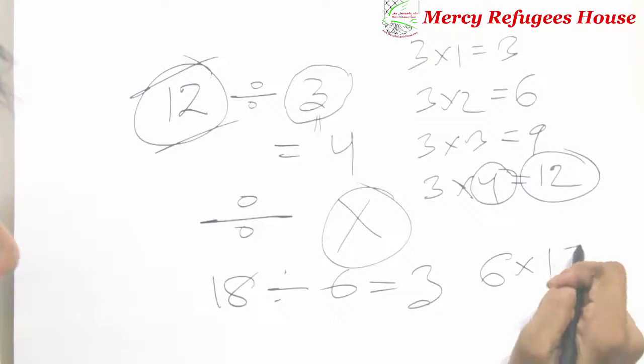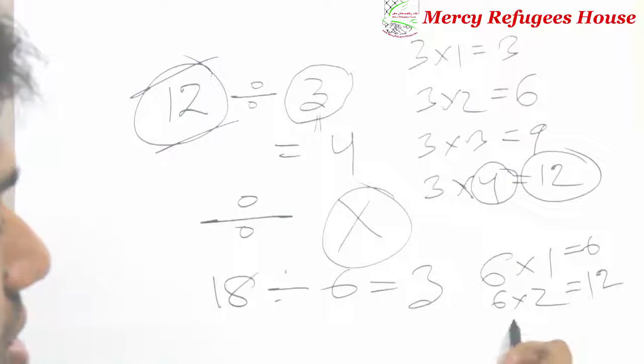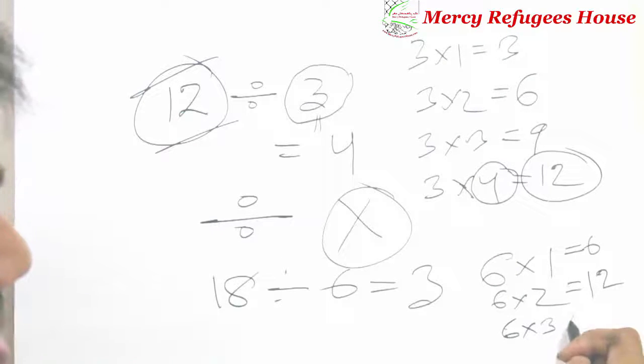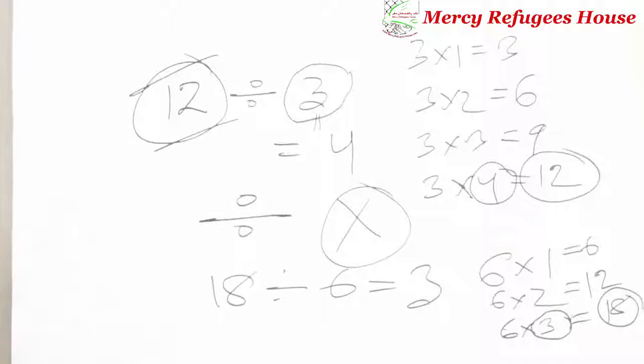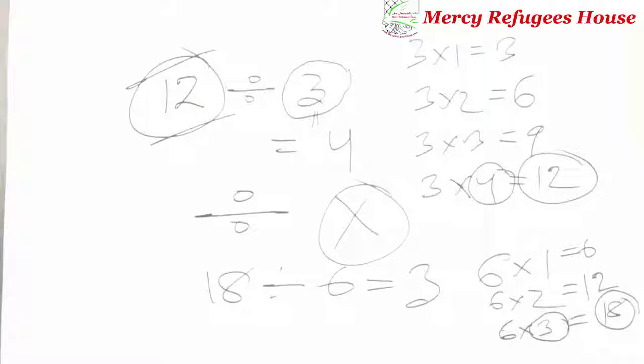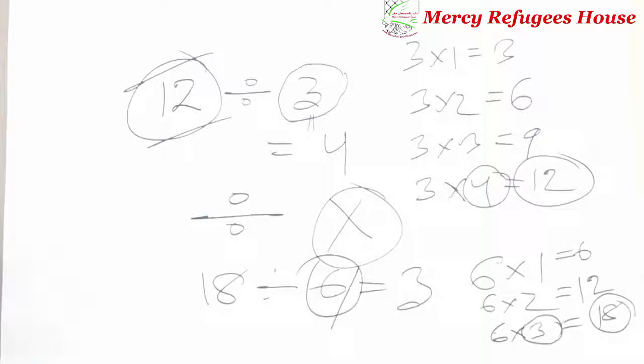6 times 1 equals 6. 6 times 2 equals 12. 6 times 3 equals 18. Now here the answer is 3. To get 18, we need to go to 6 times 3. See here again, the divisor is the main thing. Whatever divisor we have, you need to teach it to the students. Whatever divisor you have,